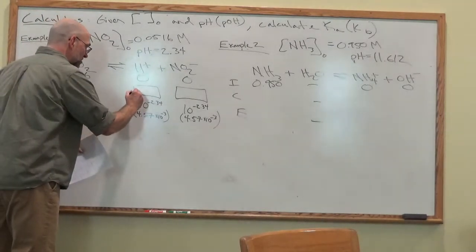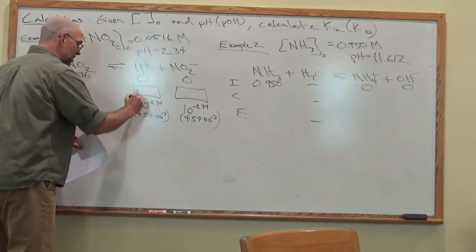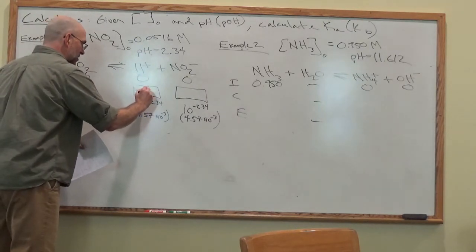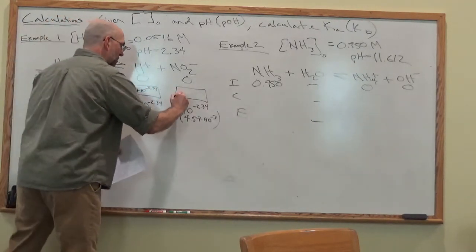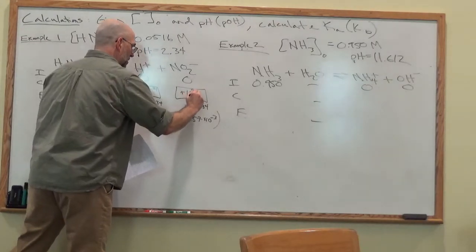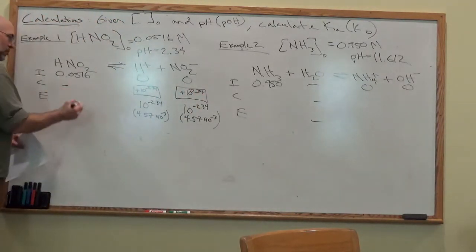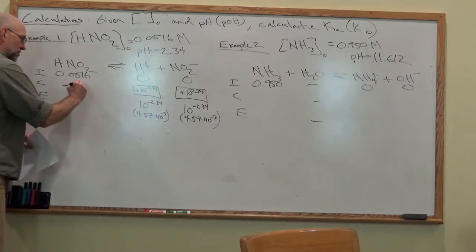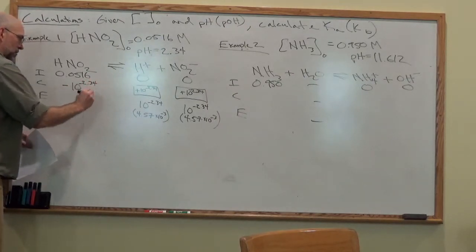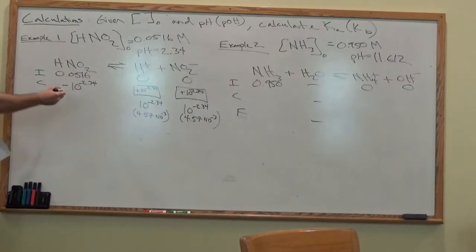So this had to go up by that amount, this had to go up by that amount. Well, this has to go down by that amount. So just take 0.0516 minus this, and you come up with